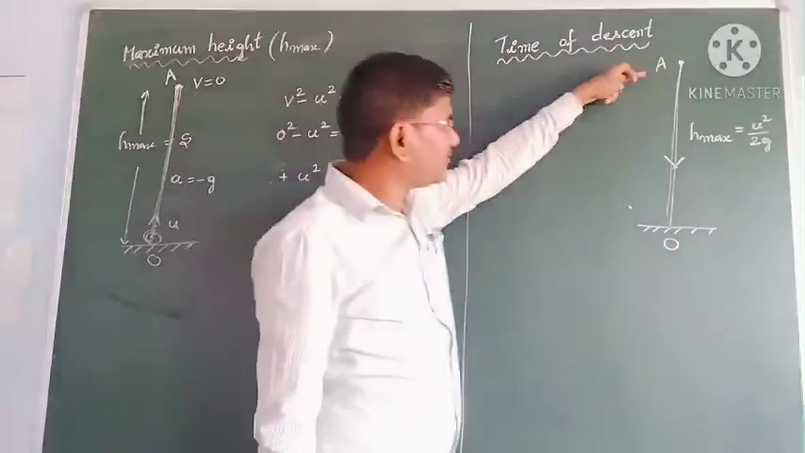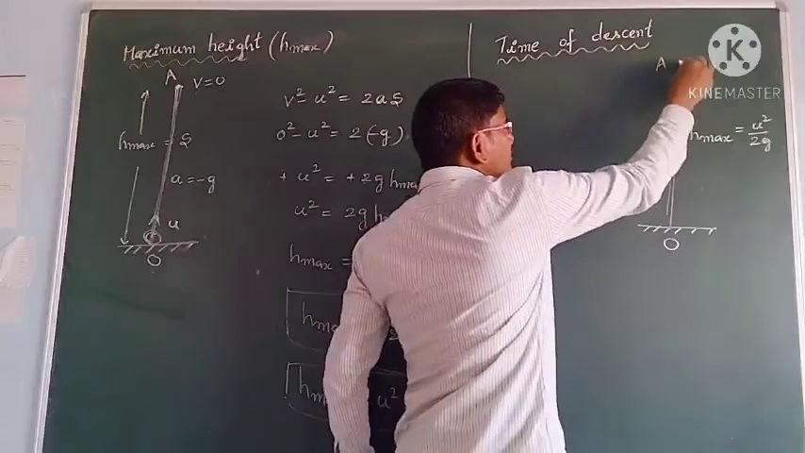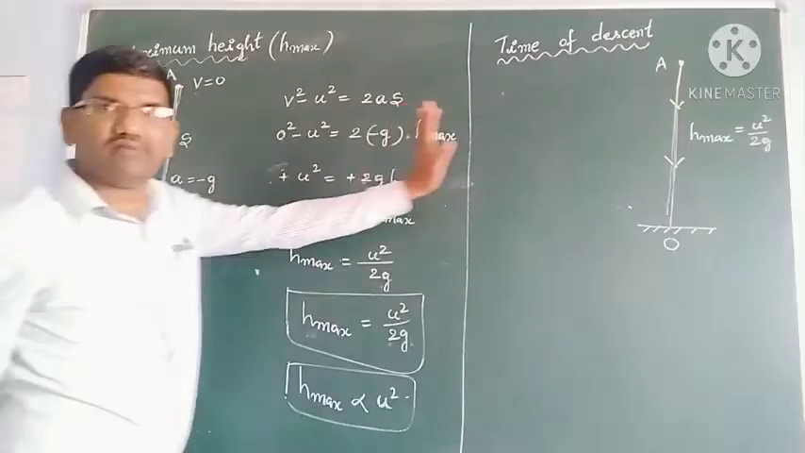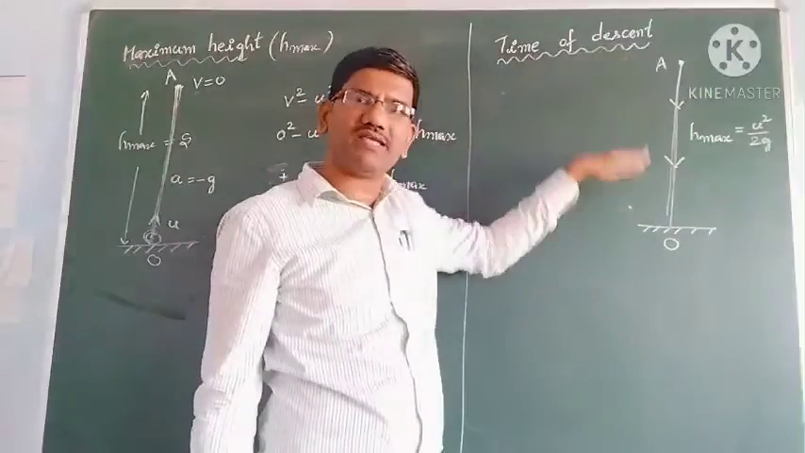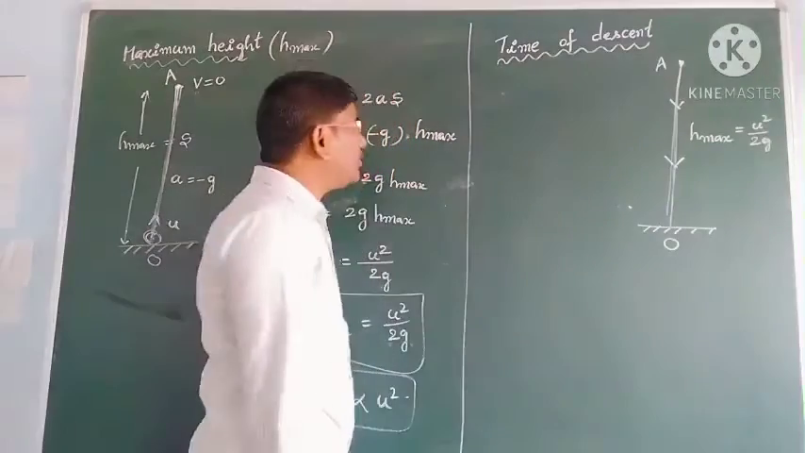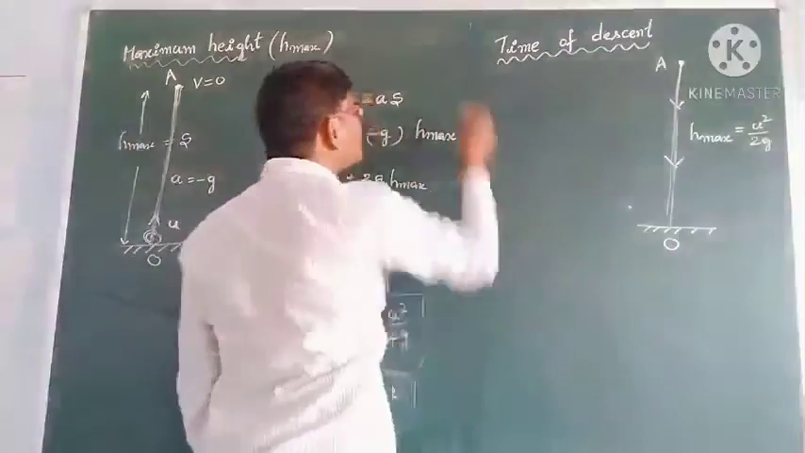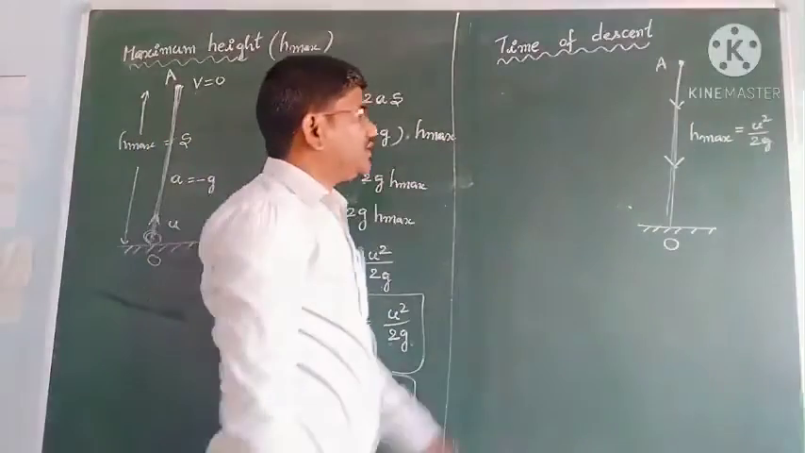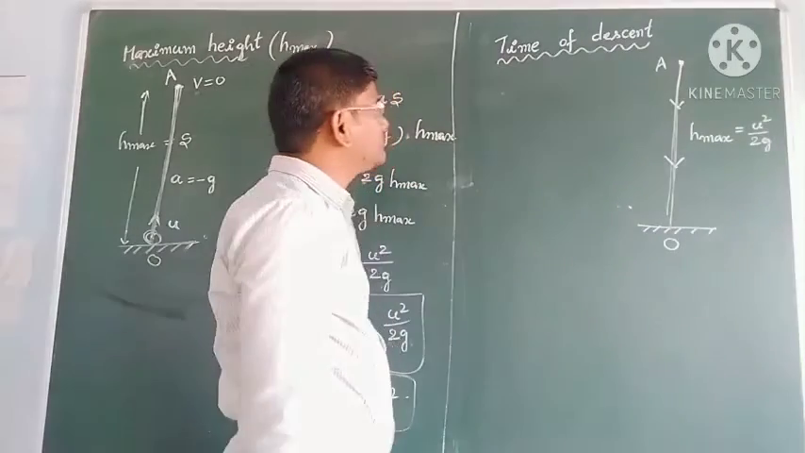Okay, then to fall from A to O, while it is coming in the downward direction, means in the same path only it is coming. For my convenience, I am drawing the diagram here again. So the downward journey, it is falling from the maximum height to the ground. It takes some time. The time we call it as what, you know, time of descent. Now the time of descent formula I want to derive now. Okay students,